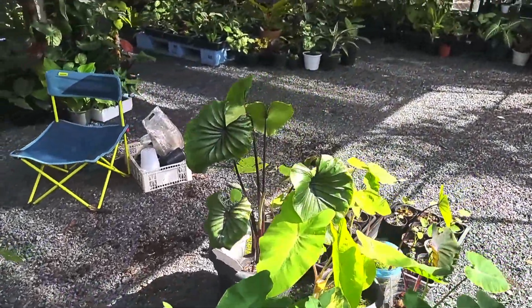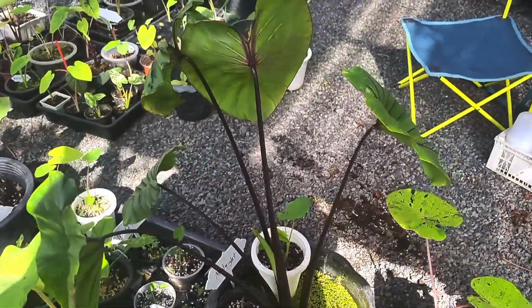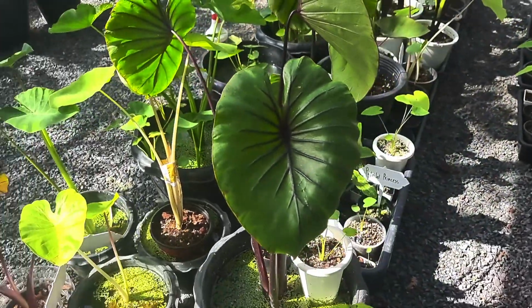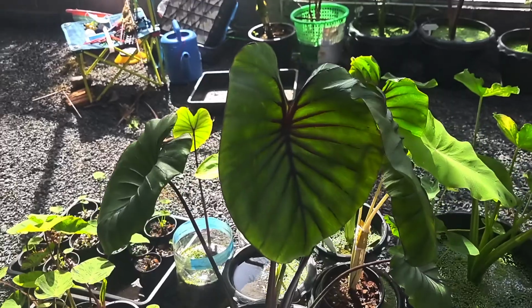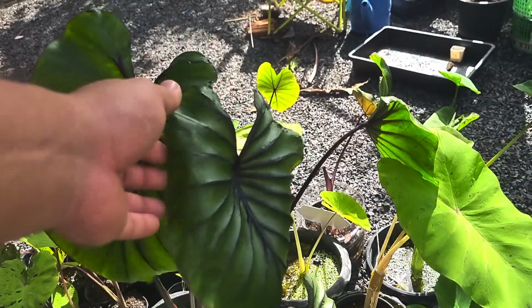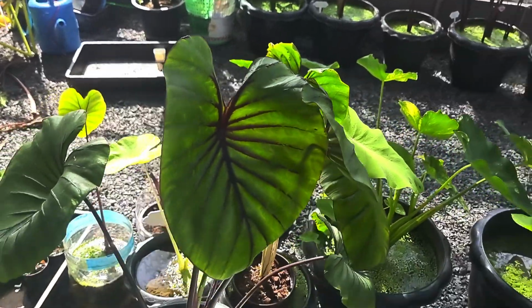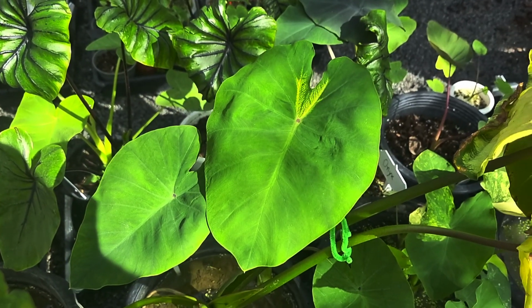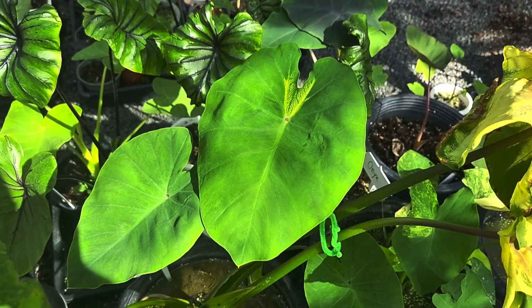I don't have a really mature Pharaoh's mask. Well, I would say they don't produce a lot of babies for me. It's quite tall, but the leaf are not. I don't think they are mature enough. Otherwise, the leaf would curl backwards. Okay, and if my Pharaoh's mask has any changing, I would